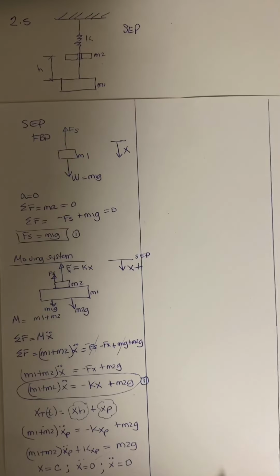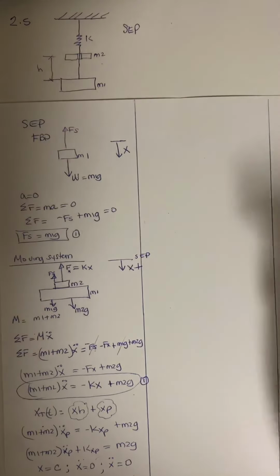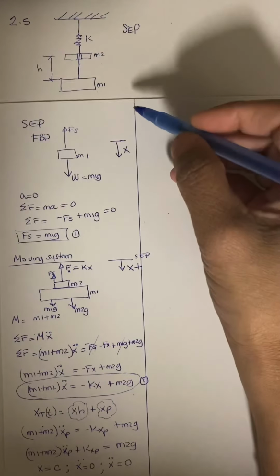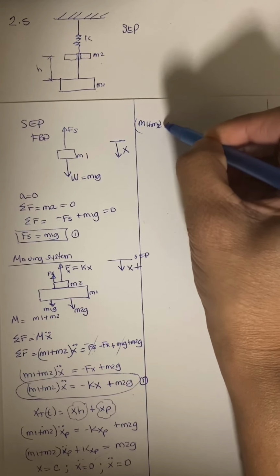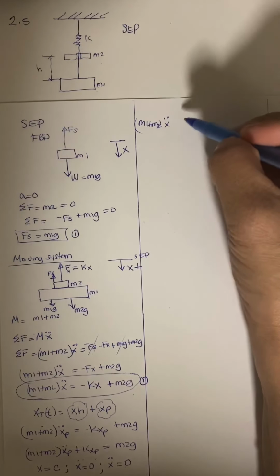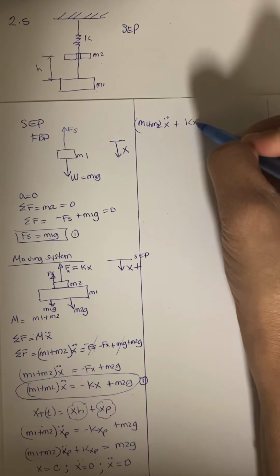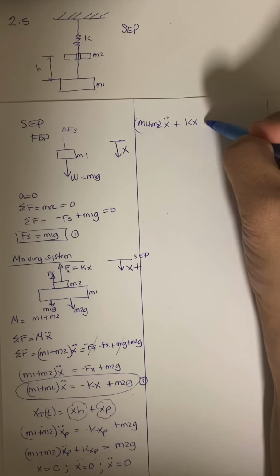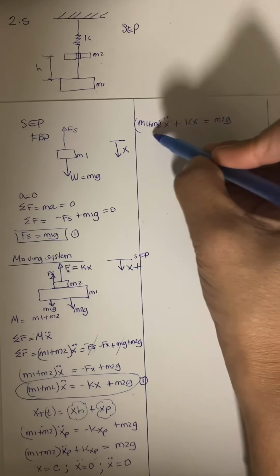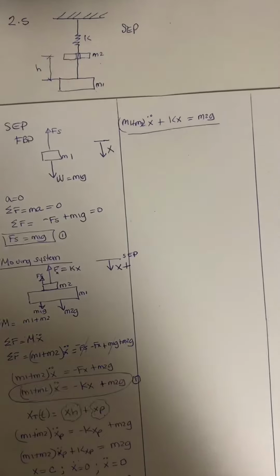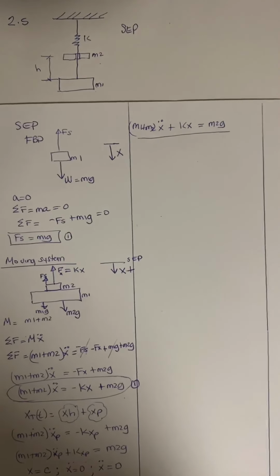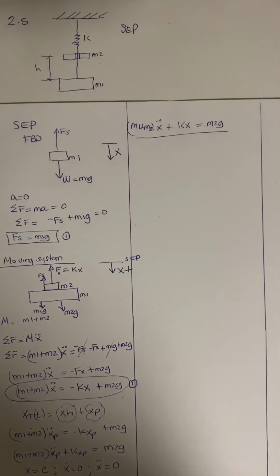Now, I'm going to rewrite our original differential equation over here. m1 plus m2 times the acceleration plus kx is equal to m2g. That was our equation of motion, or differential equation, that described this system. So to find the homogeneous solution, I want to set this equation